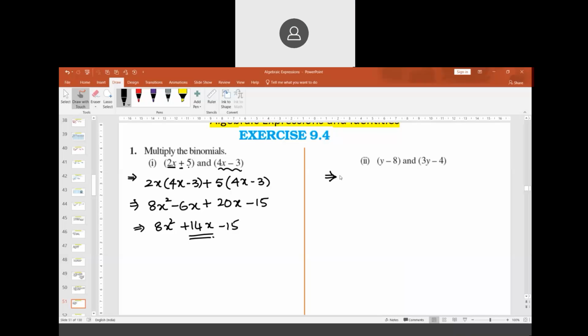Sir, this inverse is splitting the term in factorization. Minus 15. This is an inverse method of factorization. There is a chapter called the factorization chapter, probably chapter number 14, I think, or 13. There you will learn factorization. It's exactly reverse order. We use the method called splitting the middle term method. This middle term, we are going to split it. We'll learn it, not to worry about that.